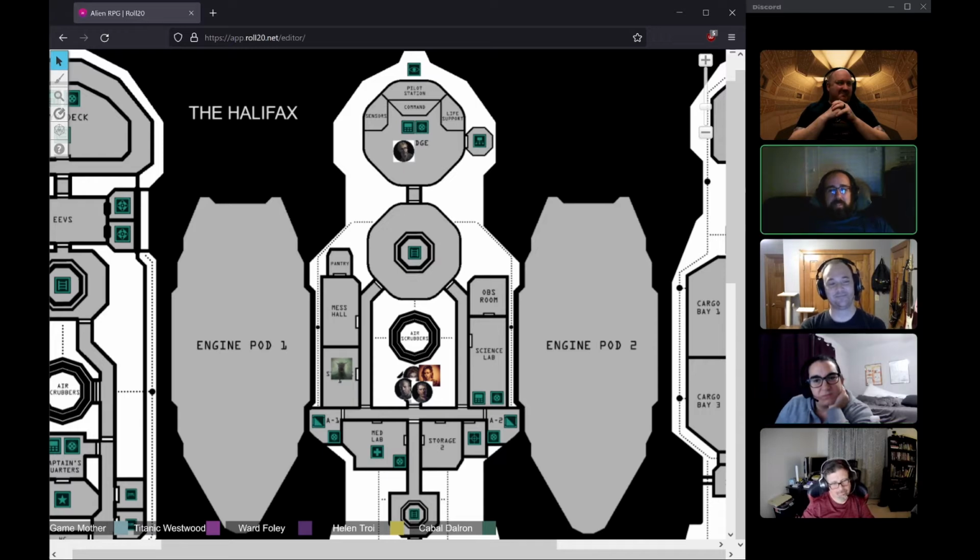Am I able to look for parts or anything while I'm back there? Or is it just empty walls, or anything even remotely searchable? Yeah, right there. No, you don't see anything. I want to walk to...